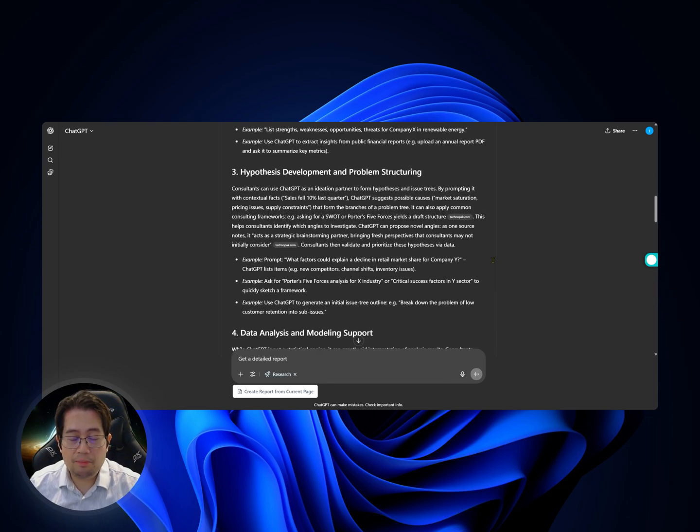But there seems to be a very large issue wherein how would we be able to transform or convert this content into something that is usable in our day-to-day work?